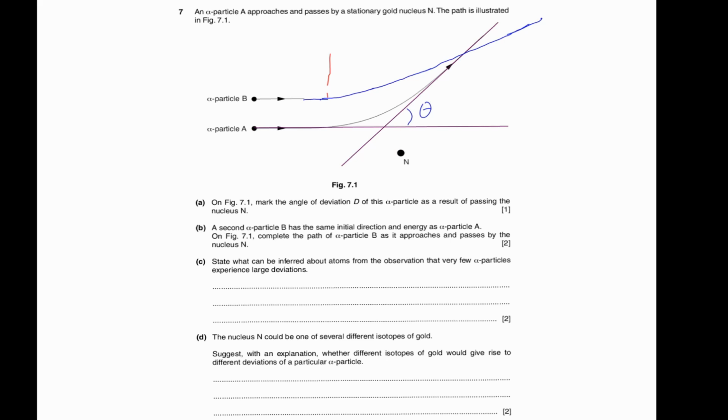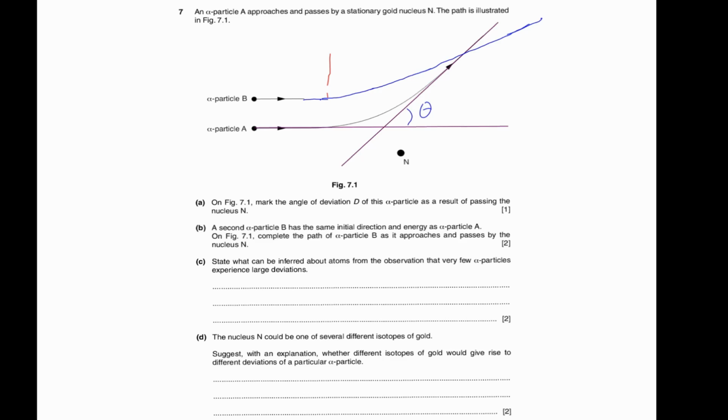So since the nucleus has the same charge, there will be no difference. So that's what you need to tell them. You need to say first that the extent of deflection depends only on the charge of the nucleus. Since all isotopes have the same charge, there will be no difference in the